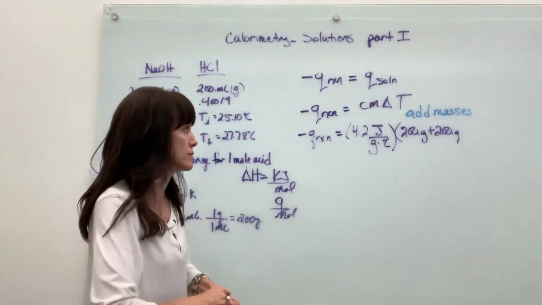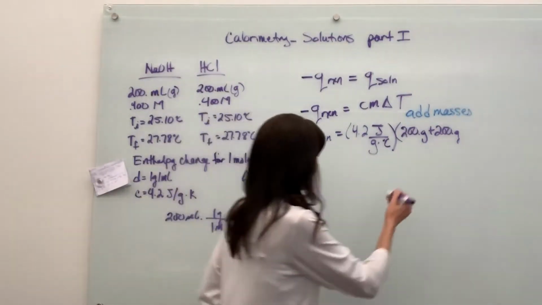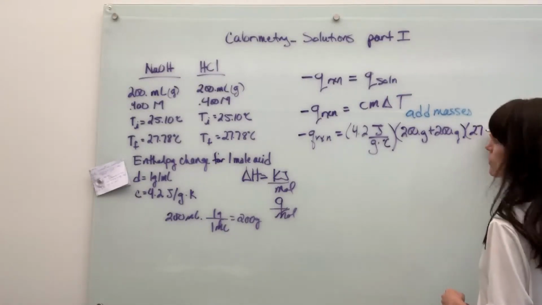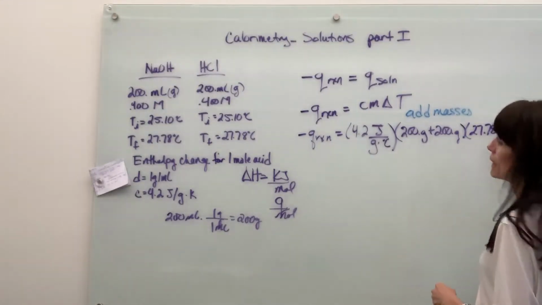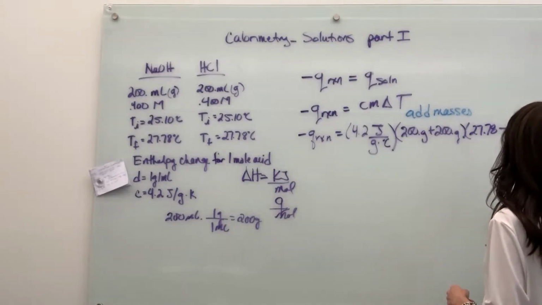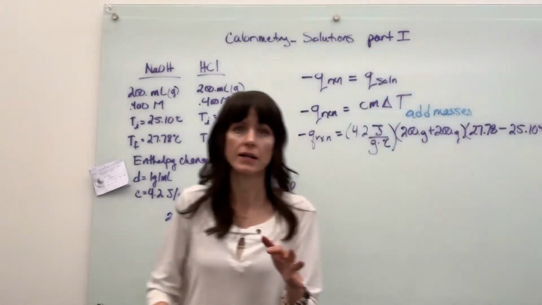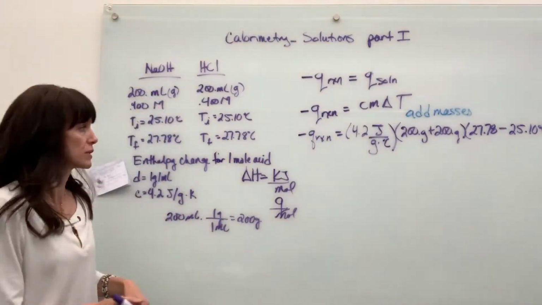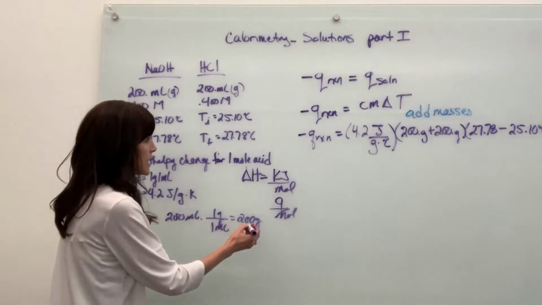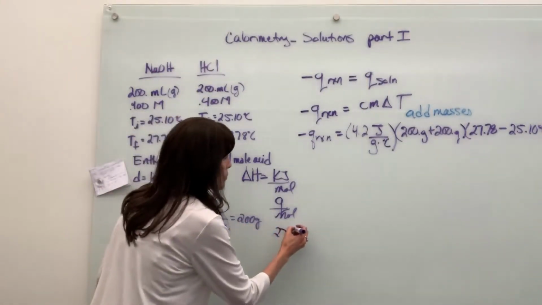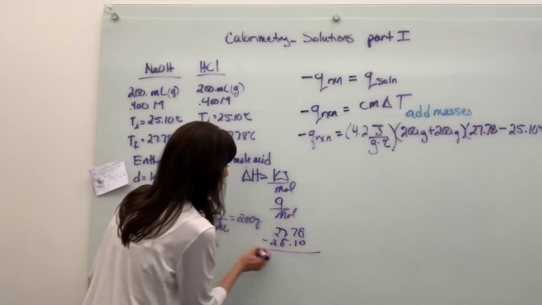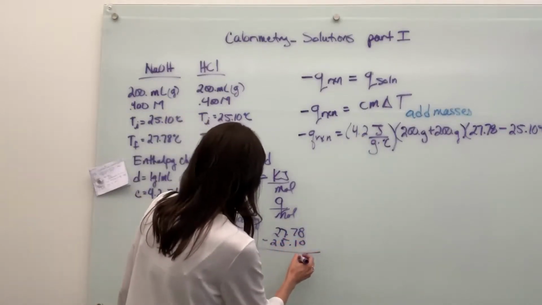Common mistake. So add the masses times our change in temperature. So final temperature, 27.78 minus 25.10 degrees C. Let's look at our sig figs really quick. Order of operation, let's do the subtraction first. We are going to have 27.78 minus 25.10, and that will give us, let's see here,